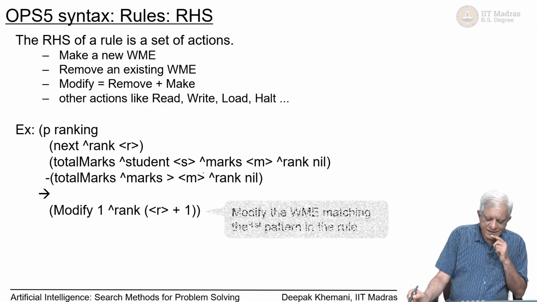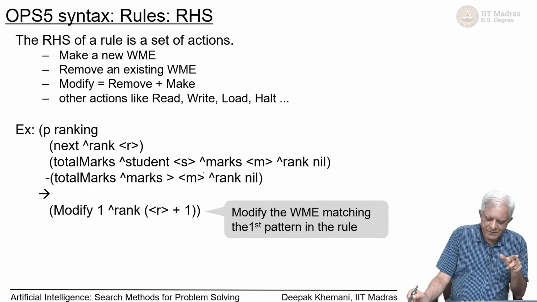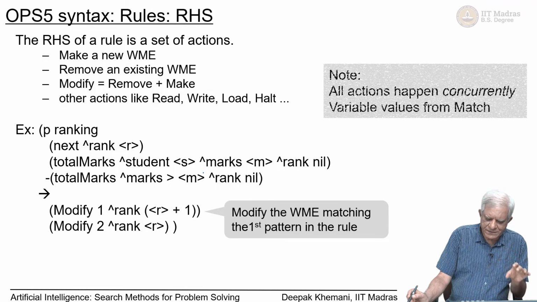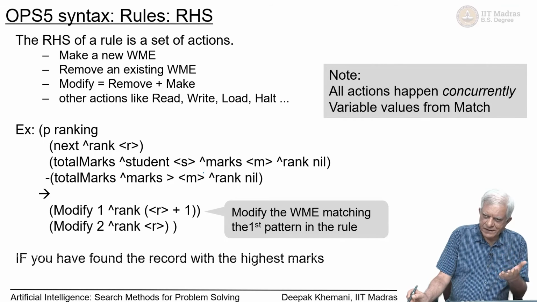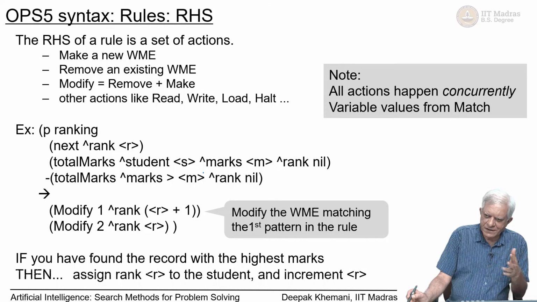So, this is expressed by saying that modify the working memory element which matches the first pattern in the rule to R plus 1, which basically means the next rank will become whatever R was plus 1, and modify the second element to